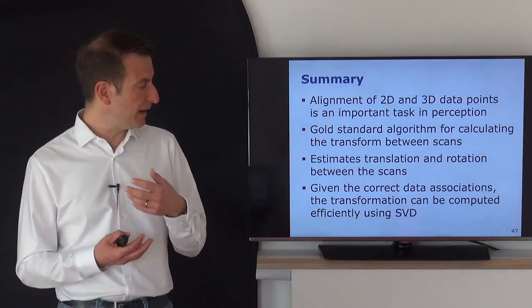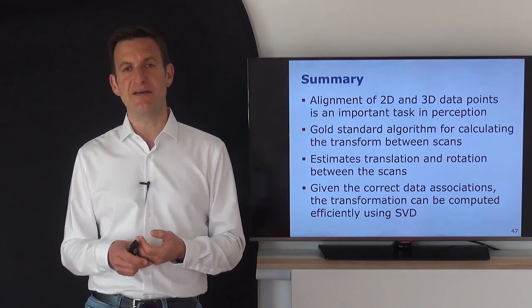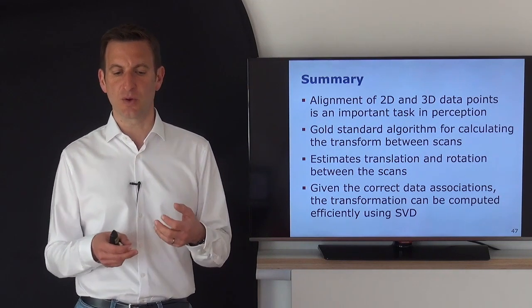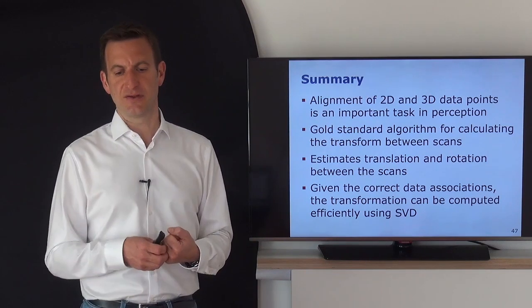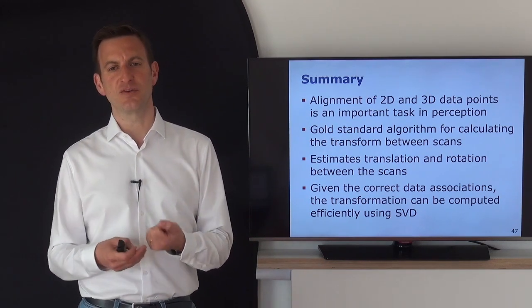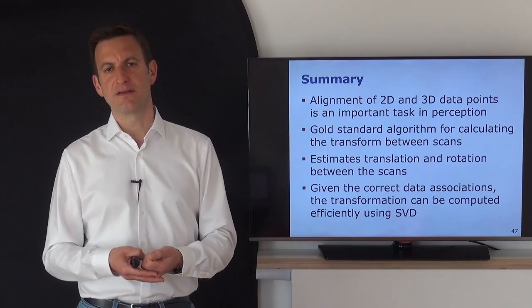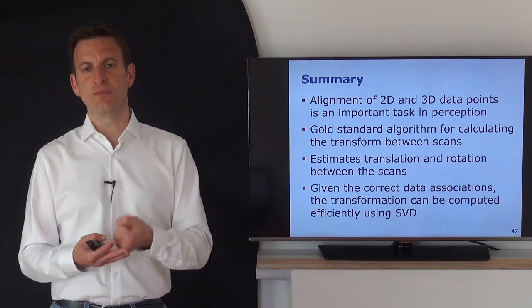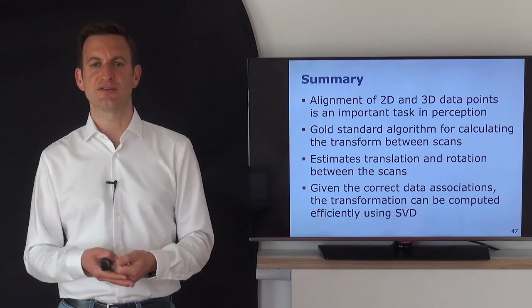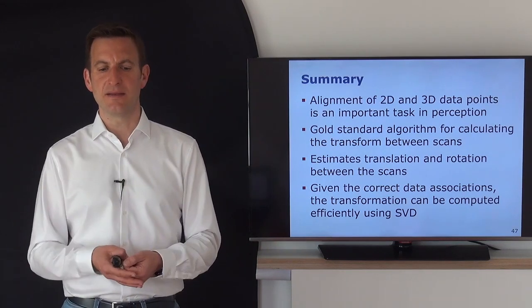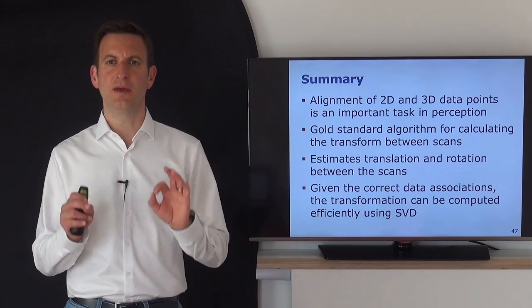So the basic approach assumes that we have an idea about the data association, so it requires an initial guess of the data association. And given the data association, this SVD-based approach is a very effective direct solution for actually computing the transformation. So for computing the rotation matrix and the translation vector that will align those 2 point clouds, assuming the correct